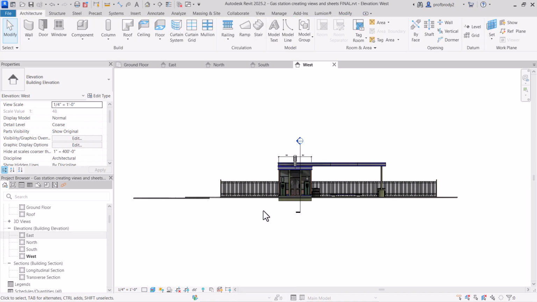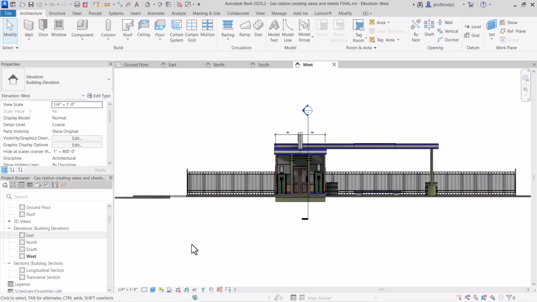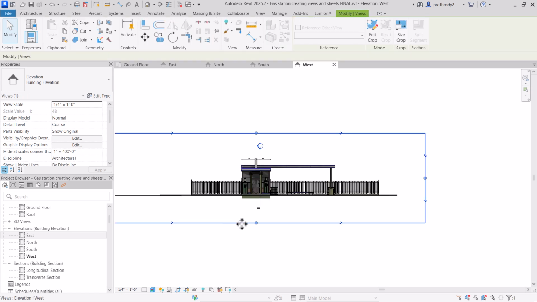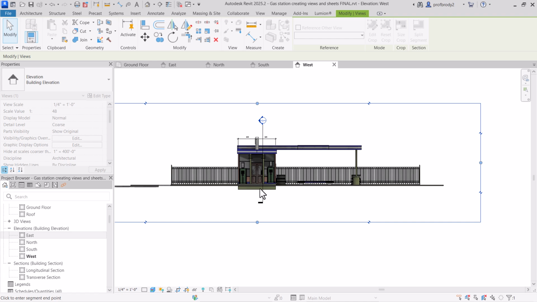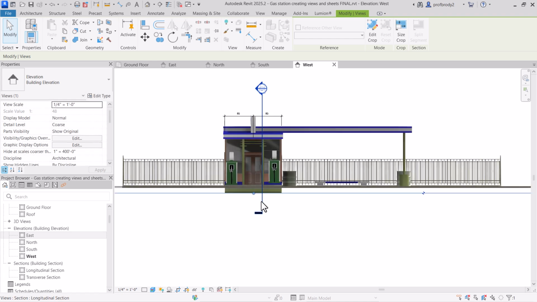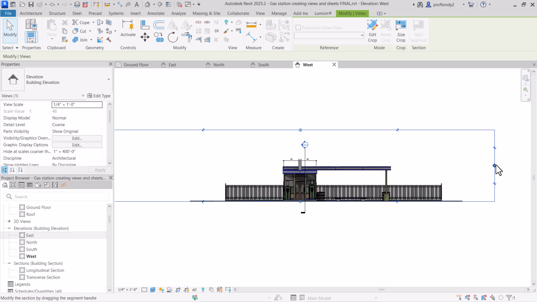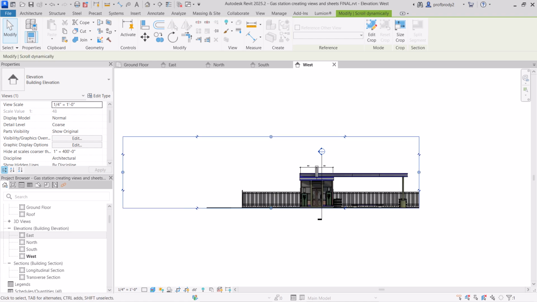The other thing that's funny about elevations is they typically show the ground, right? But they don't show what's below the ground. You usually have kind of a heavy line. So let's show our crop region, see if we can figure out where that is, and then crop the view up onto the ground line, or at least close to it. And then if it doesn't show the way we like, or if we want to kind of enhance it a little bit, let me drag these in, we can draw in a heavy line using what's called a